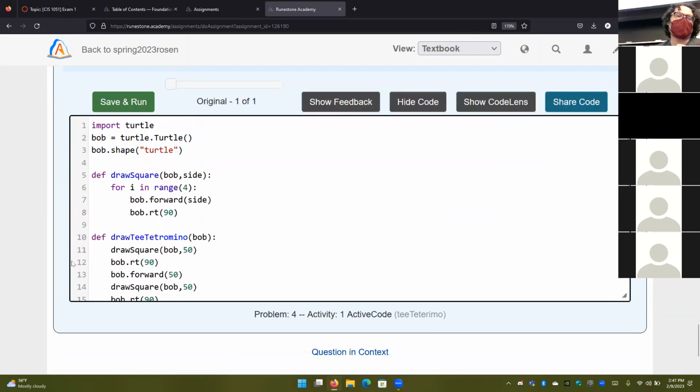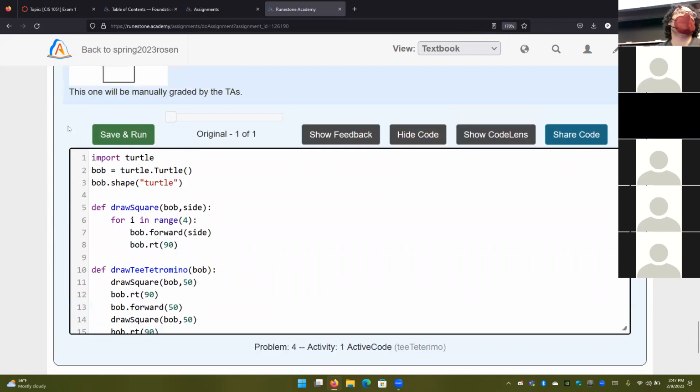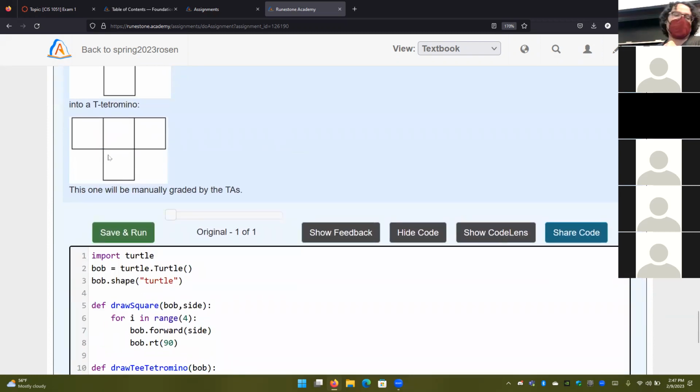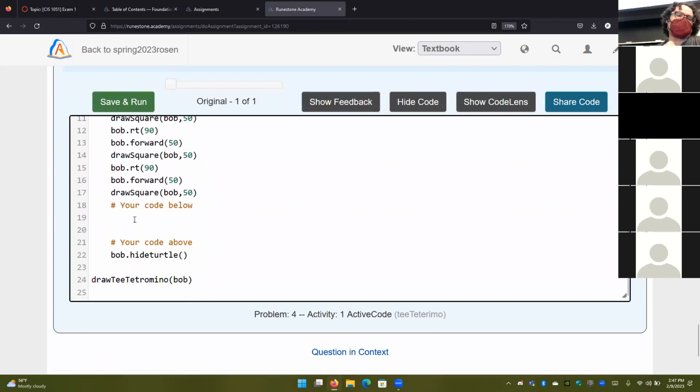So this combines both the aspect of drawing and finishing the code, because you have to draw the first bit to figure out where Bob, your turtle, is at the end of the code. And then draw this top line to complete the T Tetrimo, right? So how should you do it? And the answer is, I don't care.